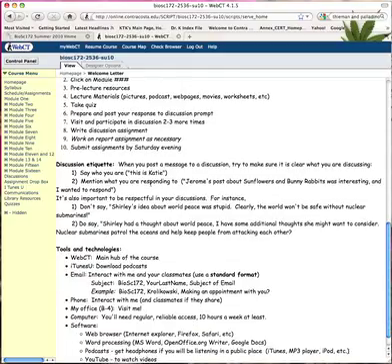Quick thing about discussion etiquette. It's really nice to say who you are when you're posting a note. Just say this is, and whatever your name is. And if you're responding to something in particular that someone said, remind everybody what you're responding to. Don't just launch into, oh wow, I think that was a good idea. Say, Jerome's post about sunflowers and bunny rabbits was interesting and I wanted to respond,